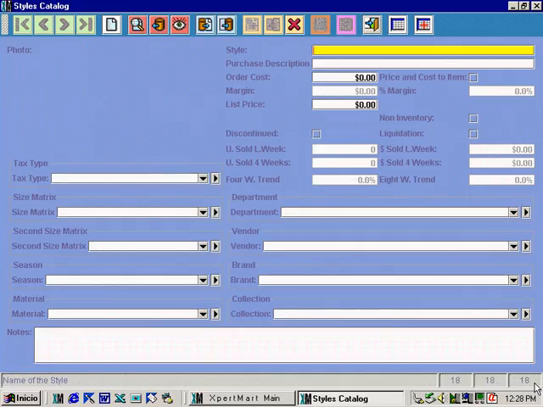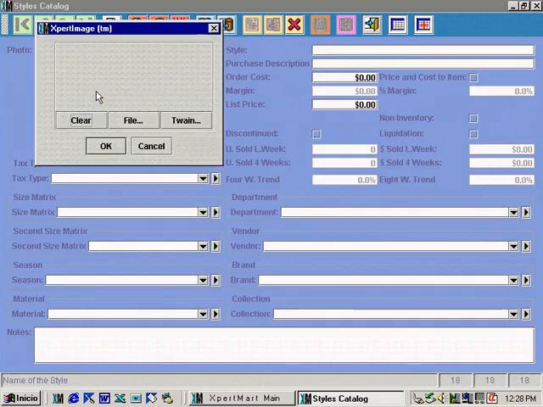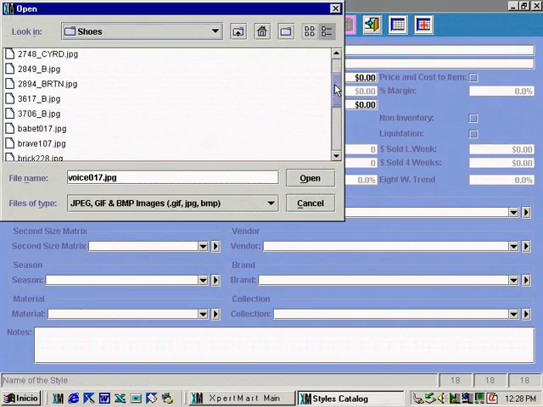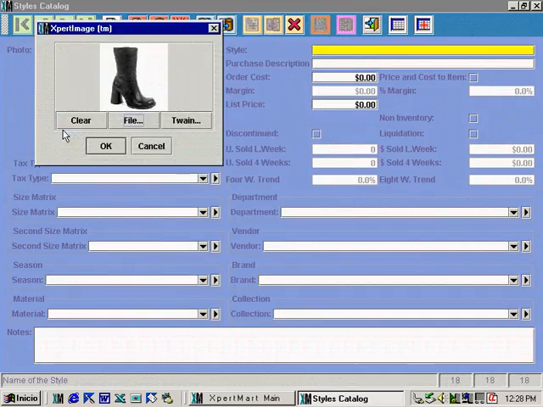So the first thing I can do is add a photo to my new style. If I double click on the photo field area, I get our little Expert Image program. Now here I have two choices. With the camera icon, I can download a photo directly from my digital camera, or with the file button, I can choose a photo I already have in a file. We can use the standard formats of a JPEG, GIF, or a bitmap. So I can select a certain photo there, and easy as that, I have the photo now belonging to this